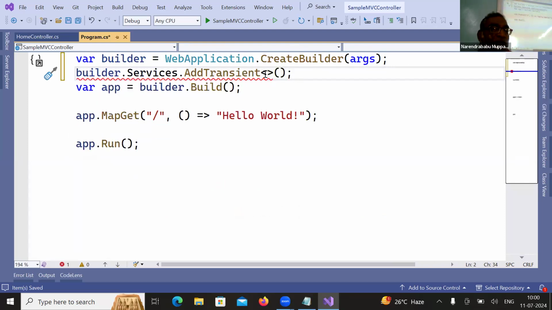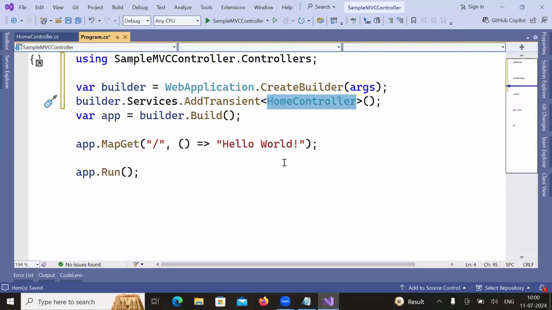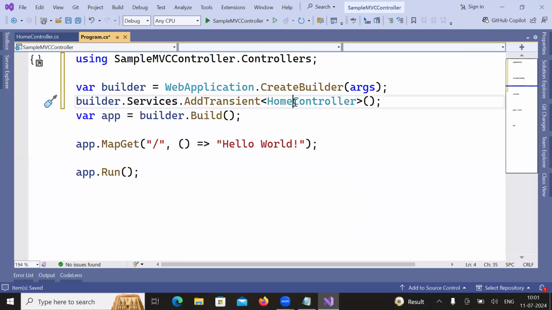builder.Services.AddTransient<HomeController>. Because this is the middleware I am registering as a service. Any middleware you create, you are going to register as a service. We learned that, or not? In the routing, we created a custom middleware. Do you remember? Yes, sir. In that custom middleware, you registered it as a service. Similar way, you are going to register